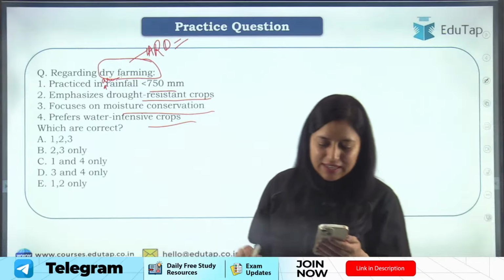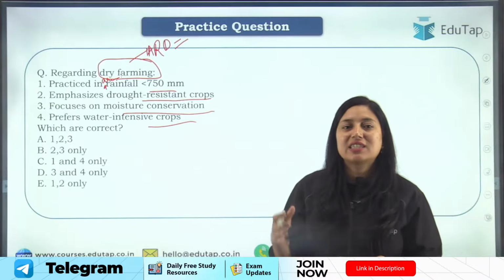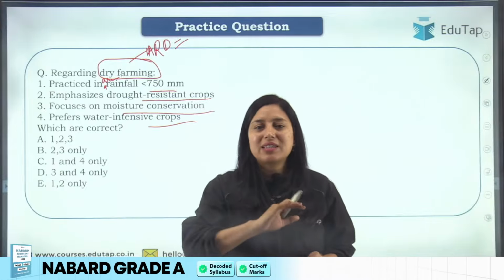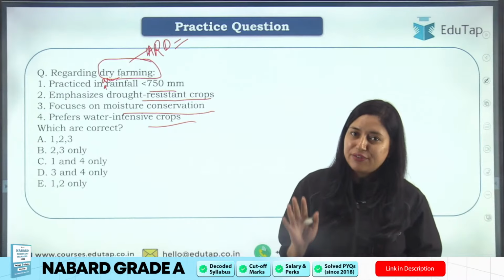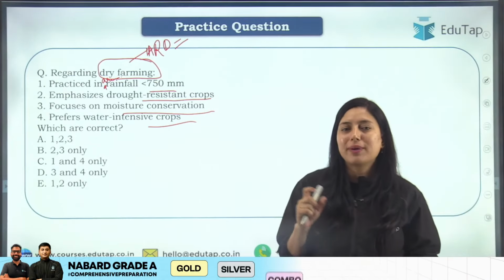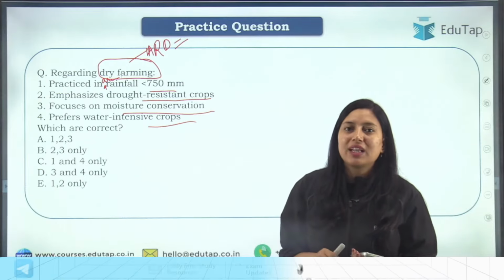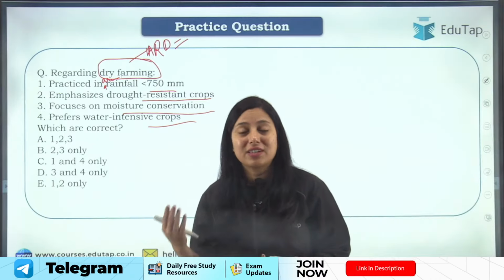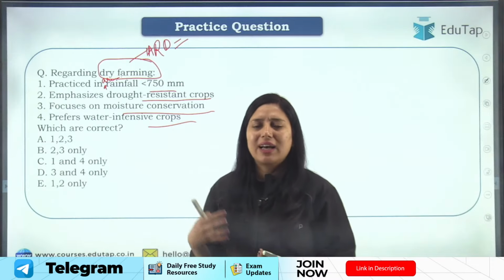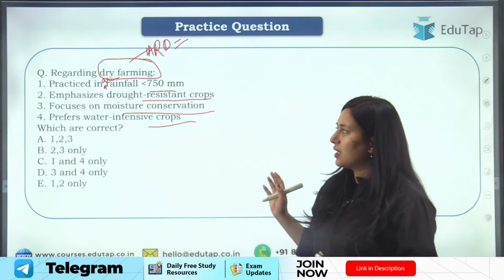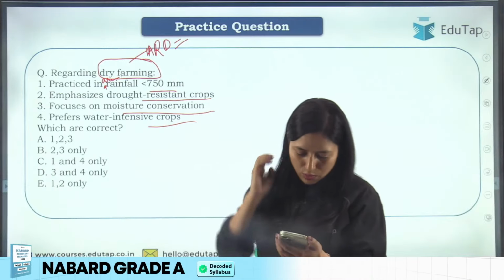ओके, आई एम ऑल्सो विशिंग कि हाँ ये जो क्वेश्चंस मैं आपको करा रही हूँ, see I have changed the pattern of question. अगर आप देखोगे previously questions were very direct, but this year I have changed the pattern of question because I have seen in your examination also question patterns are changing. ठीक है, अब वो डायरेक्ट क्वेश्चन नहीं पूछते आपको what is dry farming. Okay, now they have started asking you concept based questions या फिर multiple statement based questions. So that's why I have changed the pattern a bit so that something related to this can come in your exam and you can solve it.